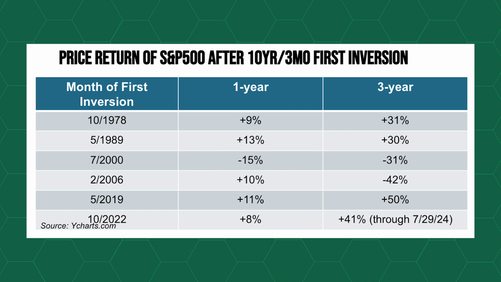The next 2 time periods inverted in July of 2000 and also in February 2006. The next 3 years were negative 31% and negative 42%. However, when it inverted in May of 2019, the market was up 50%. And this most recent inversion, and we're only a little bit over a year and a half into this, is that it's up 41%, which would mean it's the second highest. This is not a good indicator